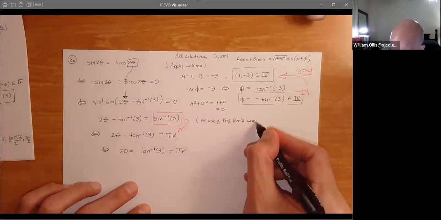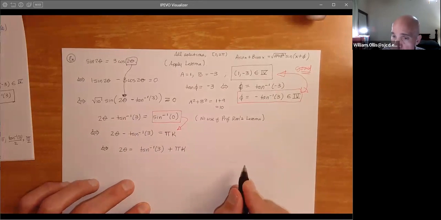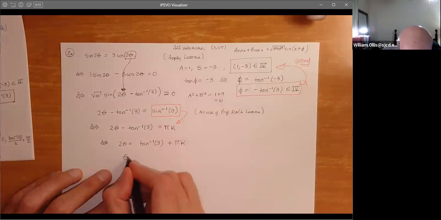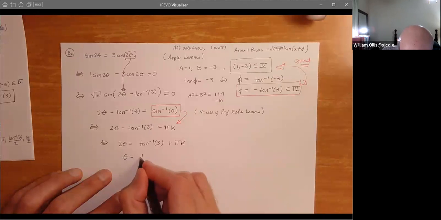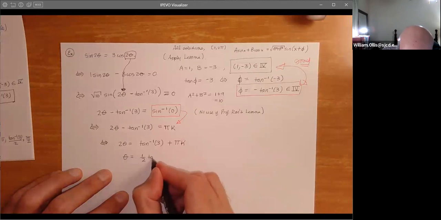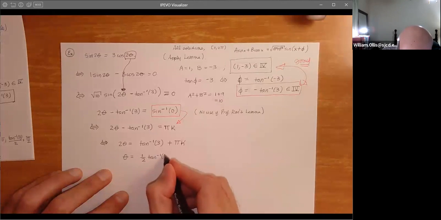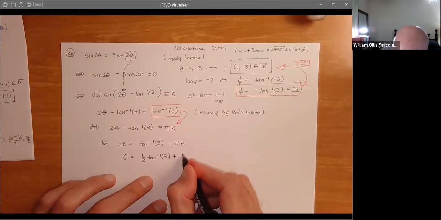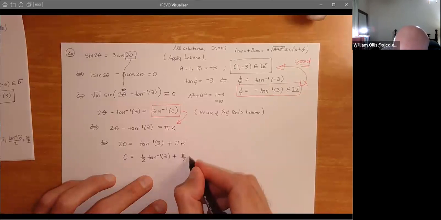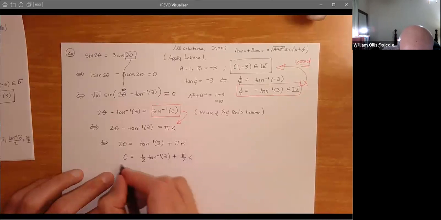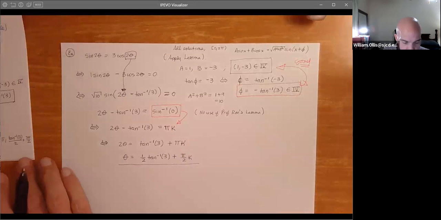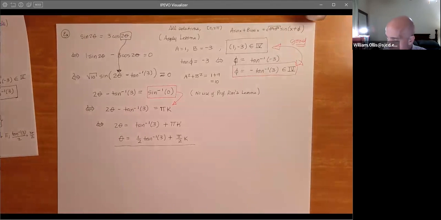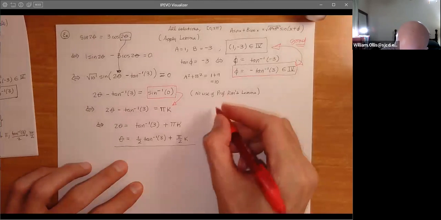This is important. You don't need it because it's not required. We're not in a quadrant. And so now theta will be 1/2 inverse tangent of 3 plus pi over 2 times k. All solutions right there. Now, when you think about this and you think about how we navigate this, note, observe